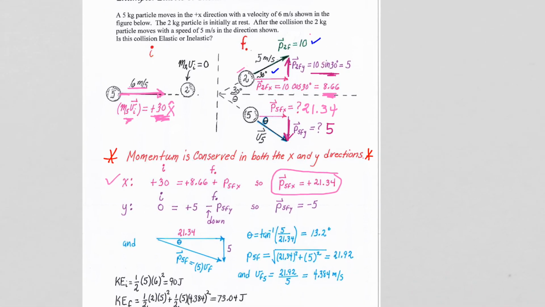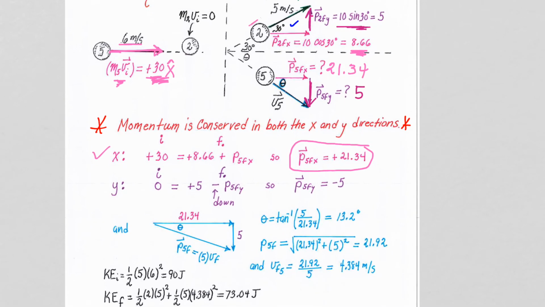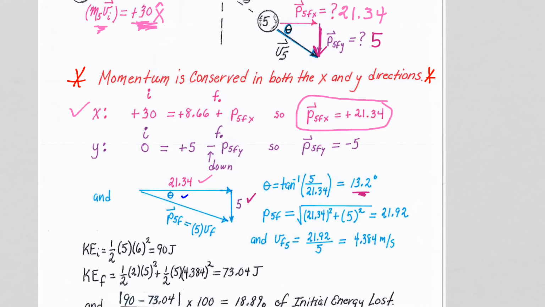We really have just a little bit of calculation to do, and it's solved because we now know the angle theta, right? We had our pink 21.34 momentum to the right. We had our purple 5 momentum down, so that makes all of the momentum of the 5 kilogram mass. So we do inverse tangent to get 13.2 degrees. We now also know the speed of the particle because we can use the Pythagorean theorem to get the total momentum, 21.29. We know it's a 5 kilogram mass, so we can get the speed of the 5 kilogram object